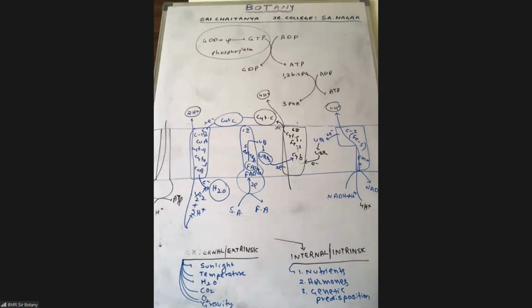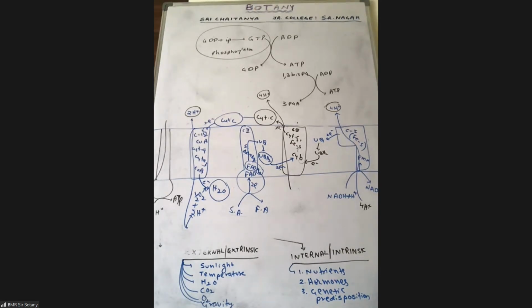TCA cycle for 1 glucose can be the source of how many? If it is 12 for 1 turn of TCA cycle, then if I say glucose, 24 should be the answer. Sir, then what about the ATPs formed in glycolysis? We don't consider it, the question is only Krebs cycle source of how many ATPs. When I say only Krebs cycle, I am saying that.